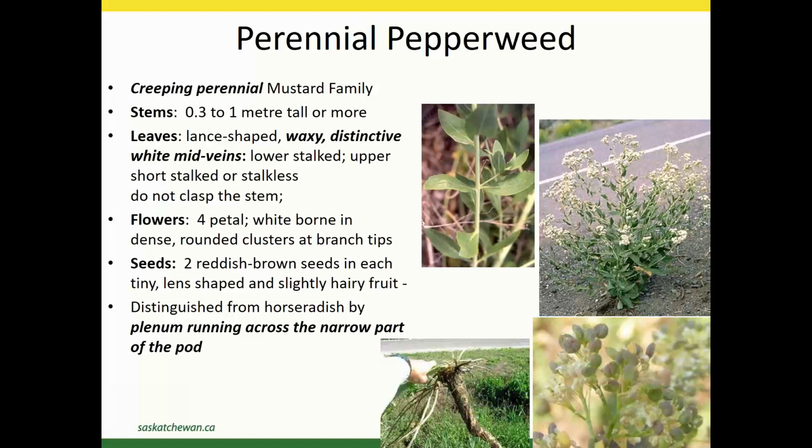Generally, it gets up to about 1 meter tall. It's got creeping roots. It's a member of the mustard family. The leaves are long and narrow. They're waxy with distinctive white midveins, and they don't clasp the stem, so that's something to specifically look for. As with other mustards, they've got 4 petals. The flowers are white, and they're borne in dense round clusters at the tip of branches. Seeds we won't get into too much, but